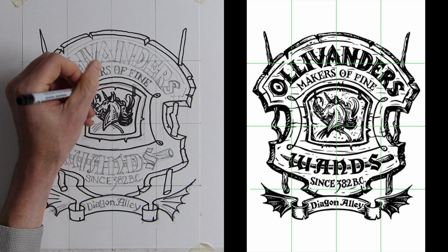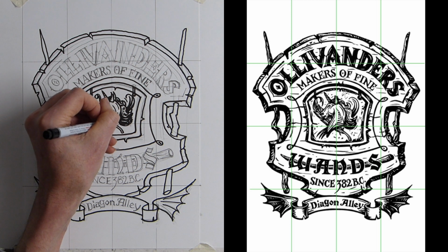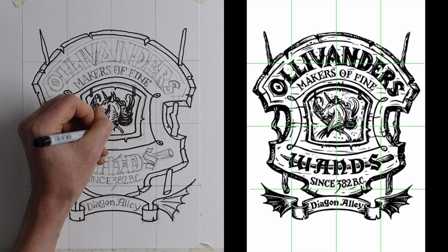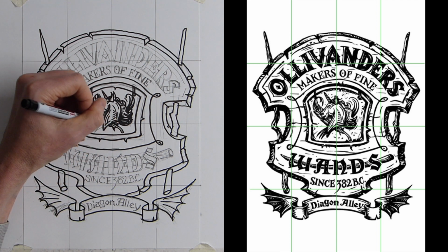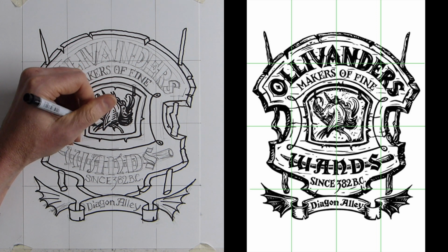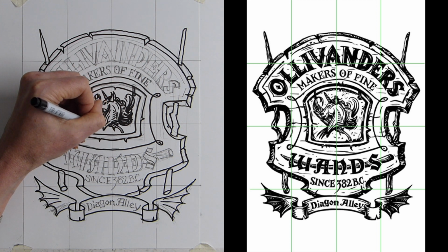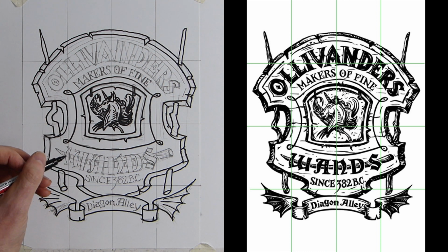The same going up, and then down at the bottom got just a couple of little knocks there, and then this one, it ticks down, goes up, and then goes out, and then we've just got some little detail lines in the side. And then we've got these like 3 feathers, like the raven claw feathers. Right at the bottom. Fill that in. Now we'll put all the other detail dot lines in, but let's just kind of fill that in nice and